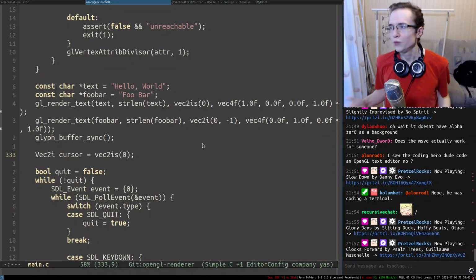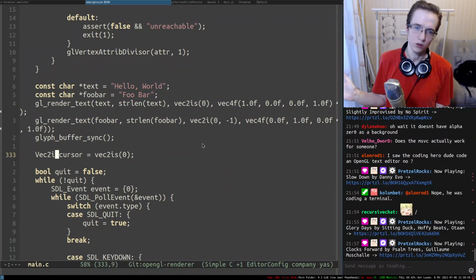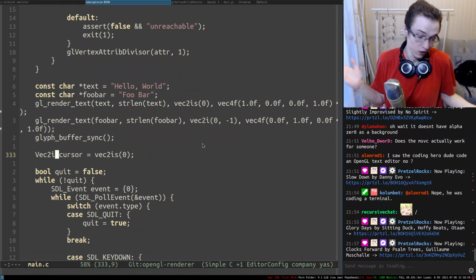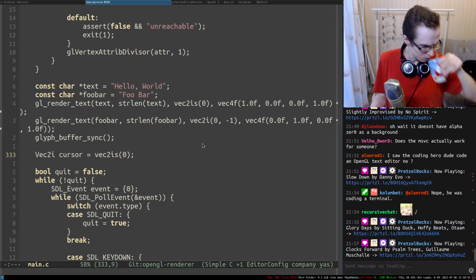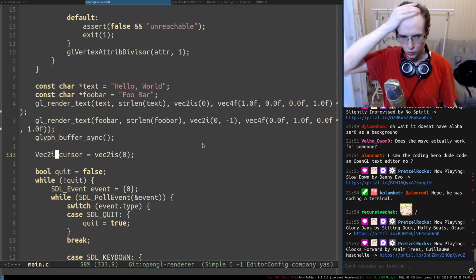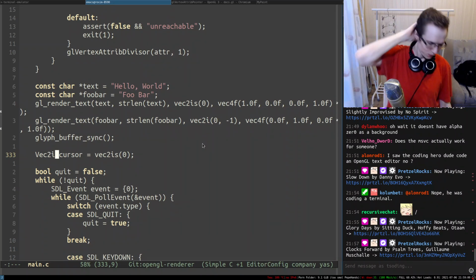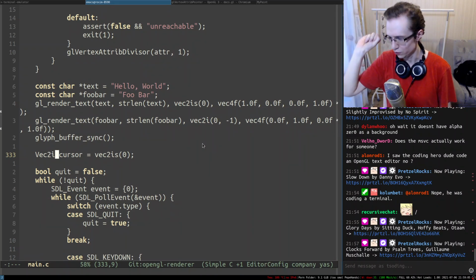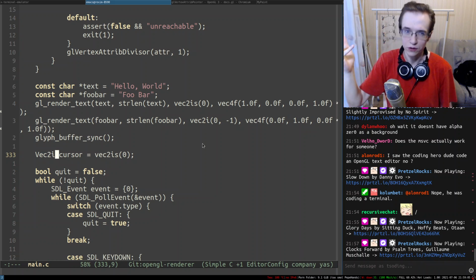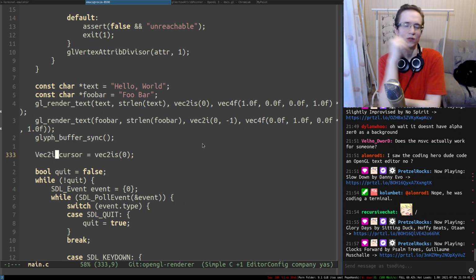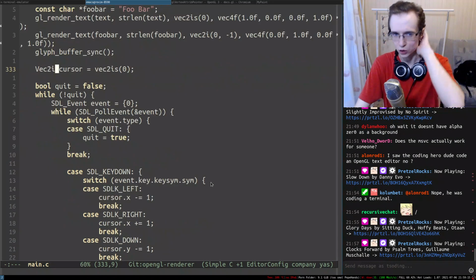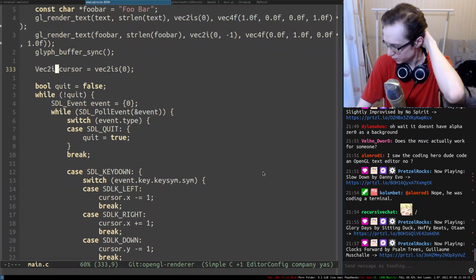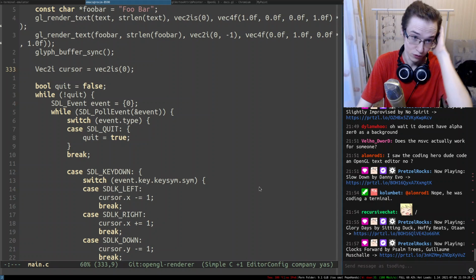Or maybe the cursor could be a completely different shader. That's also an option, right? So it could be a completely different shader. Why not? But that also means we need to do 2 draw calls. The first draw call draws all the characters, and the second one draws the cursor. But that's not that bad, I think. I don't see any problems with that, if you know what I'm talking about. Yeah, I guess we could introduce the second shader specifically for the cursor, right? So it's gonna be the cursor shader.